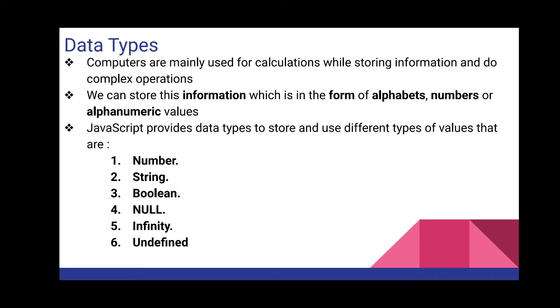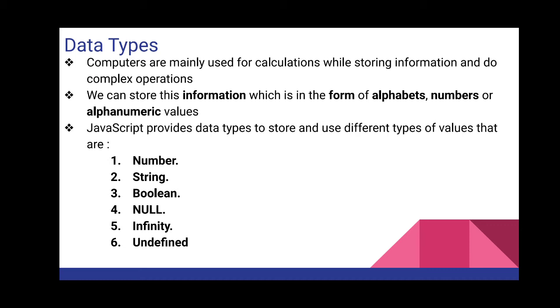Then boolean. This boolean can take only two values: either true or false. You cannot give any other value for the variable. So suppose I say var A equal to true. This will be treated as a boolean type of data. Agree? It will not be treated as a string. A string means it will be coming in single inverted commas or double inverted commas. But if I say variable A equal to true or variable A equal to false, this will be treated as a boolean type of data. Understand this.